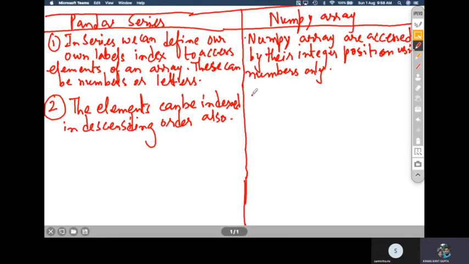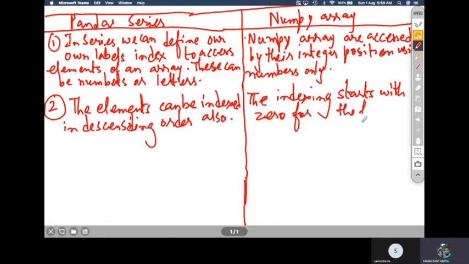But in case of a NumPy array, the indexing always starts with 0 for the first element, and the index is fixed. You cannot change the index starting from anywhere. It should start from 0 only.